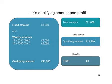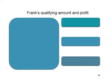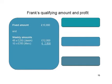But Liz can't assume that she'll always be exempt from income tax and Class 4 national insurance. She must check her figures each year. Let's now consider what happens if the total receipts are more than the qualifying amount. In this example, Frank has been a foster carer for the full year. There are no other carers in his home. Frank uses the fixed amount of £10,000 for a full year. He adds the weekly amounts for the 2 children he fostered during the year. That's 48 weeks at £250 for 14-year-old Jason, which is £12,000, and 10 weeks at £250 for 11-year-old Mark, which is £2,500. His total qualifying amount is therefore